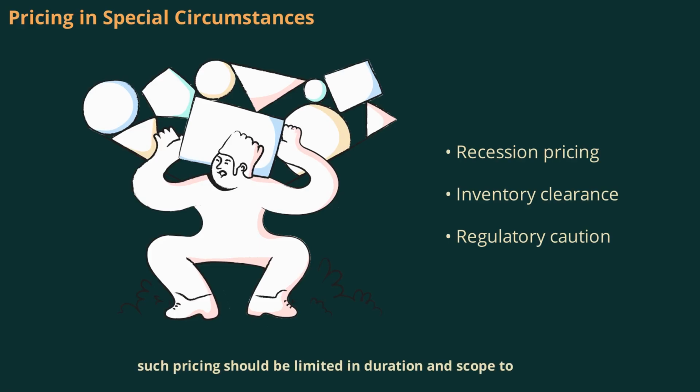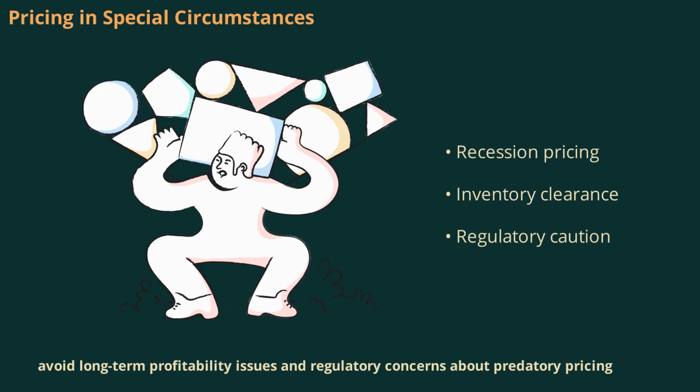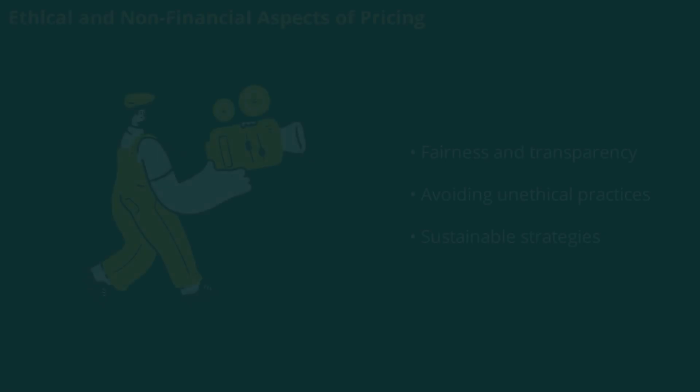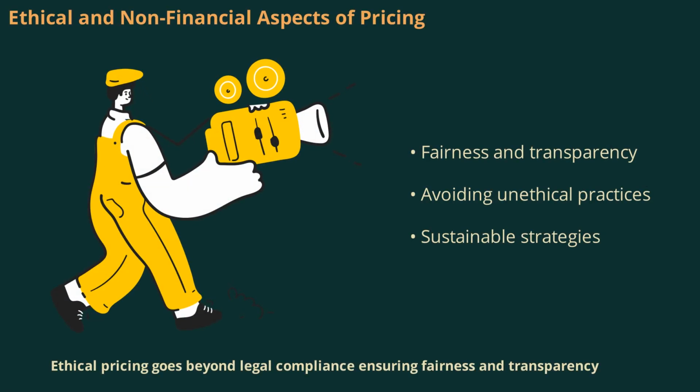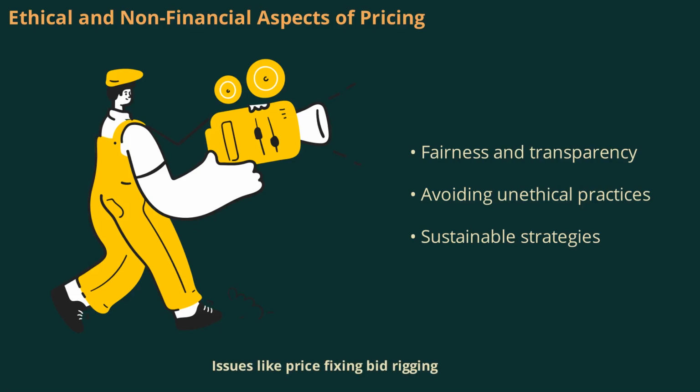However, such pricing should be limited in duration and scope to avoid long-term profitability issues and regulatory concerns about predatory pricing. Ethical pricing goes beyond legal compliance, ensuring fairness and transparency. Issues like price fixing, bid rigging, and unjustified price hikes can damage reputation and customer trust. Non-financial considerations, such as brand image, product quality, and societal impact, are equally important for sustainable pricing strategy and long-term